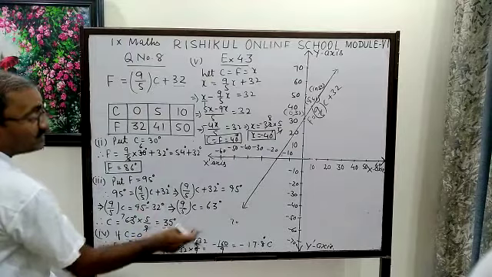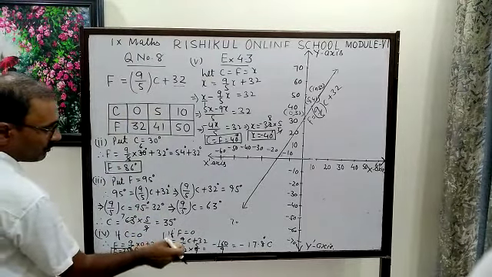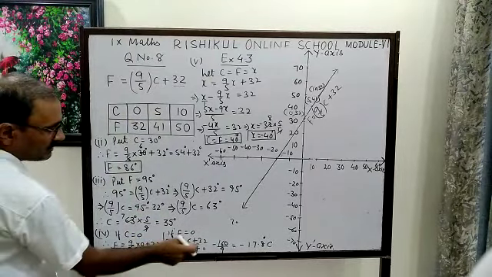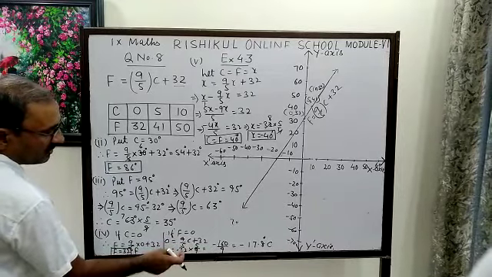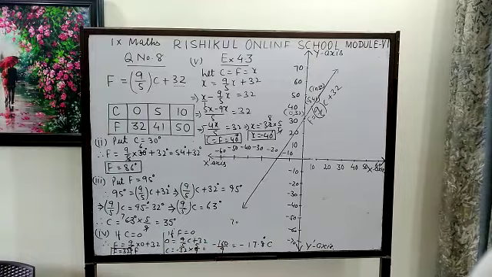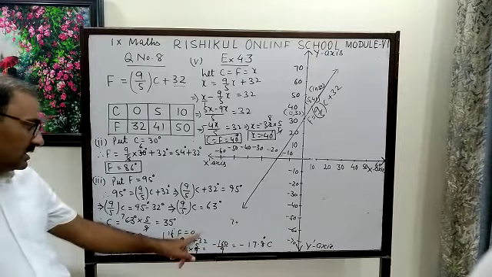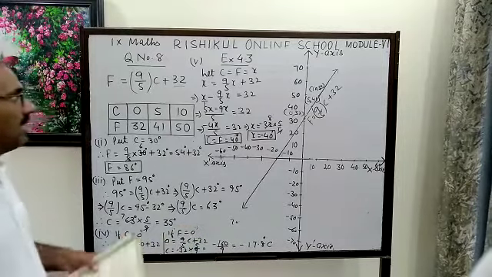And if F is equal to 0, what will be C? Then 0 = (9/5)C + 32, and C is equal to minus 32 into the reciprocal of 9/5, that is 5/9. Here 32 into 5 is 160, so minus 160 upon 9, which divided gives minus 17.8 degrees Celsius if Fahrenheit is 0 degrees. And then the last part is